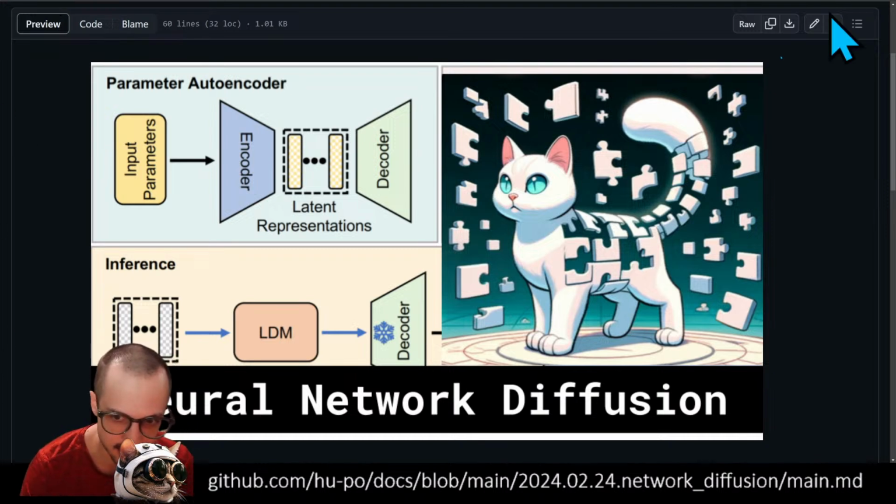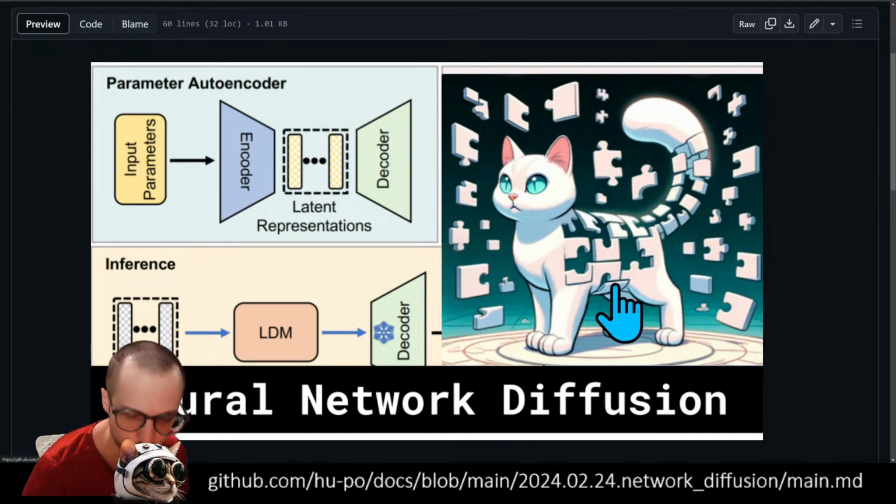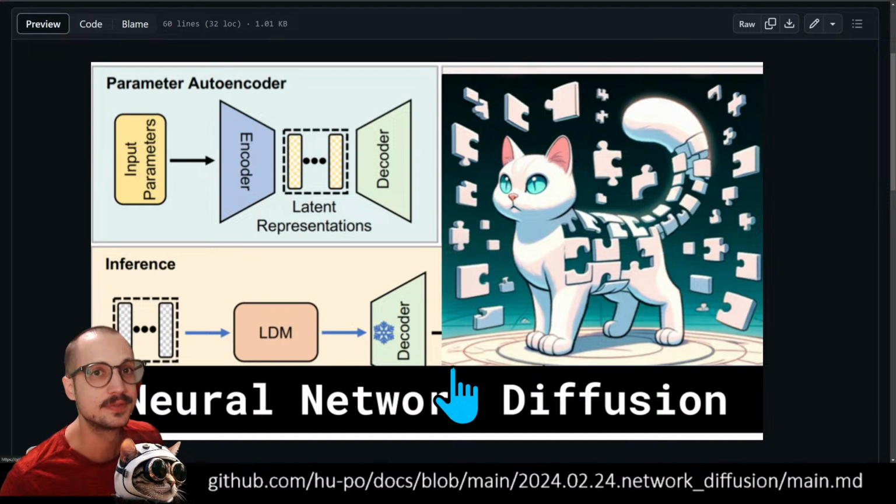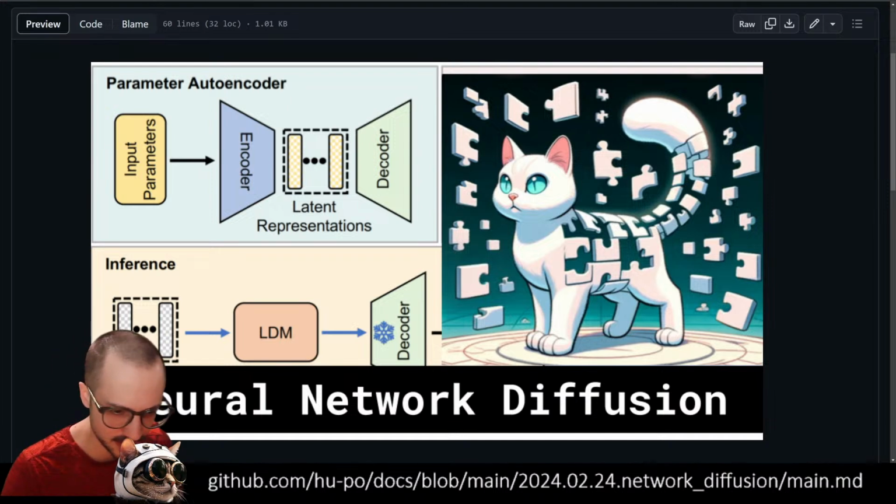So for context, this image here was generated with DALL-E 3. A lot of the original thumbnails were generated with, I think I used Stable Diffusion initially, then I used Midjourney, and then the most recent one I use is DALL-E 3. But I don't know, maybe I'll move to something new. You know, DALL-E 3 seems pretty good, but